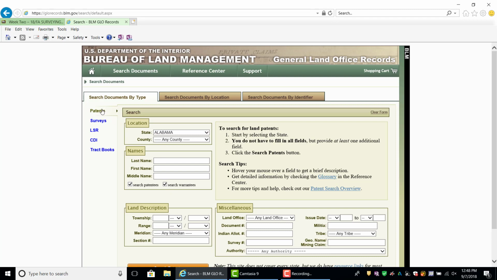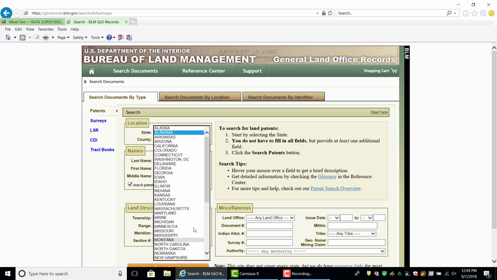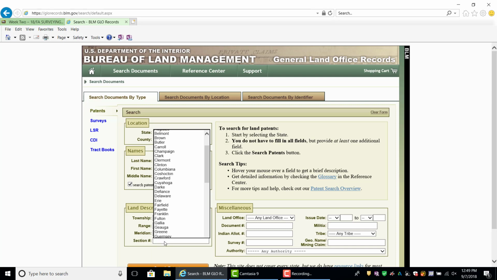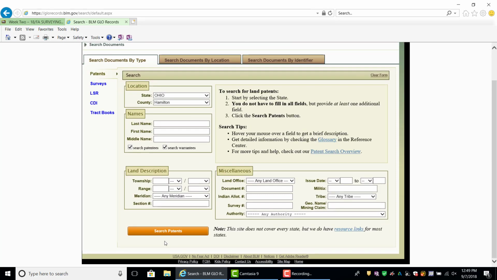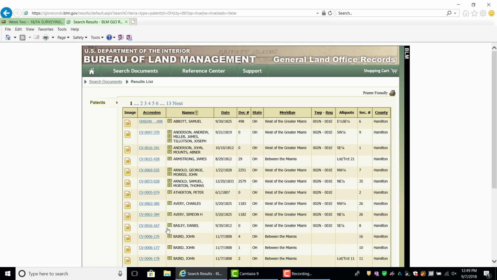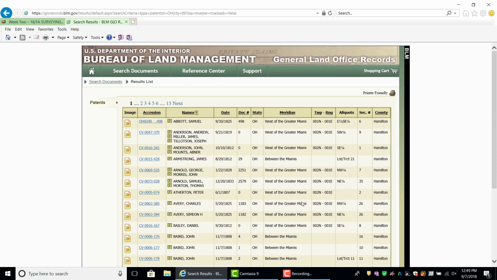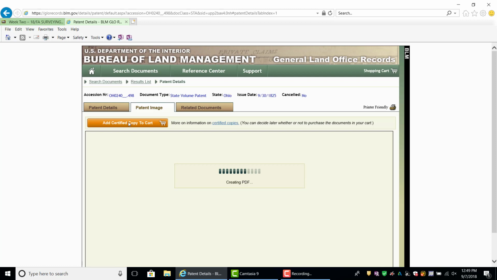So you'll notice over here that it automatically went to patents, and then you can also search by surveys and tract books. So if we were to go to, for instance, Ohio, and we went to Hamilton County, what we could do is just fill in that information and we can search the patents and we can get information. So these are all patents that we have. You'll notice where they're located. The Greater Miami, between the Miamis. When you get into Sherman's book, all of this is going to make sense as far as where this information is. So if we go through and we look at the actual document,